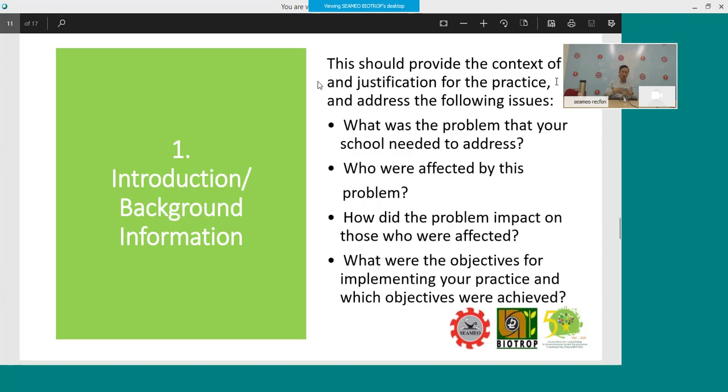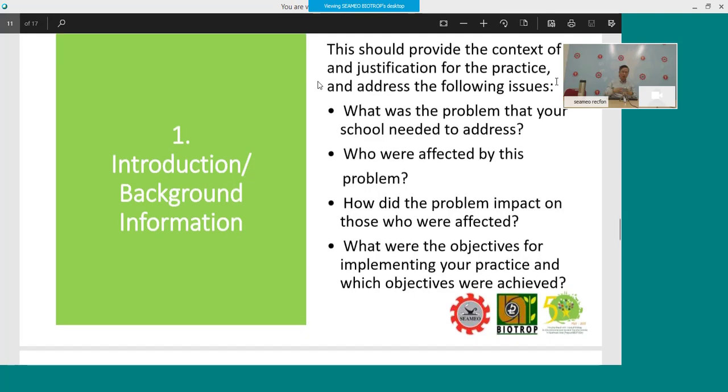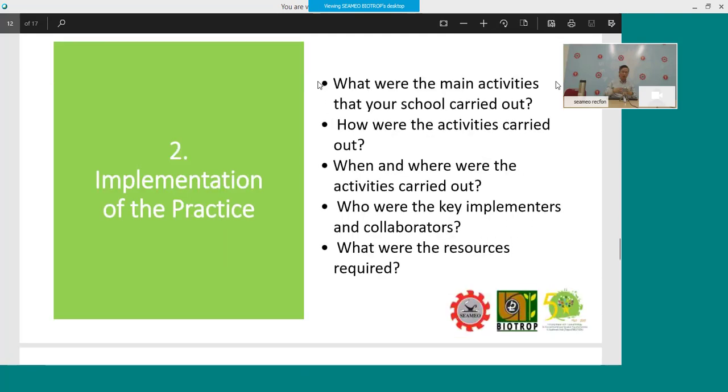And when the other students are now interested to join and they say, oh wow, urban agriculture is fun. Oh wow, I can interact with some of my schoolmates. Something like that. So this is how you frame your introduction and background information. Yeah? What is important is you have a very clear objective for that urban agriculture practice that you would like to advocate. Next, let's move on to the body